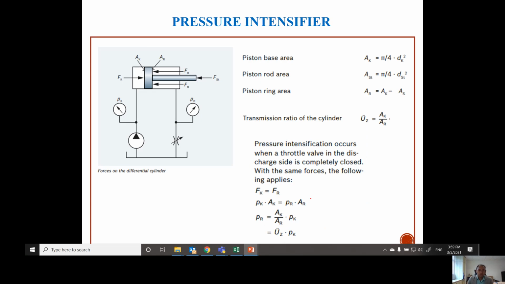Okay, now back to the pressure intensifier. In order to have this pressure intensification happen, of course you have to close this valve. Okay, before that, this is just a repetition from just now. To calculate the piston base area, this is the formula. Piston base area, AK, this one is AK. And then the piston rod area, which is